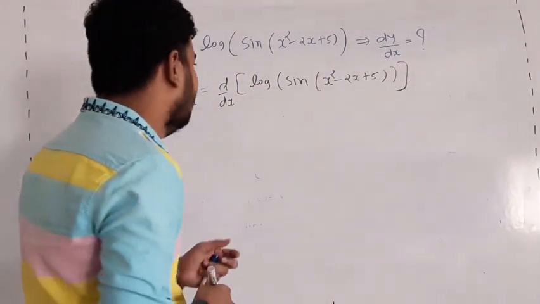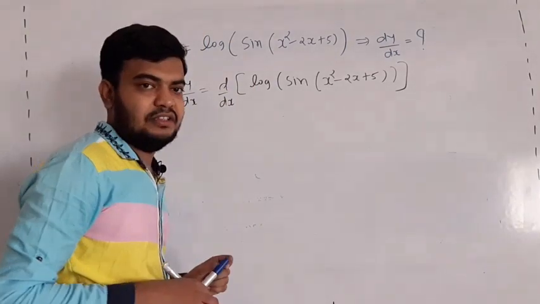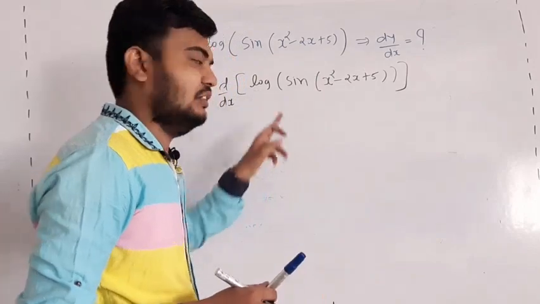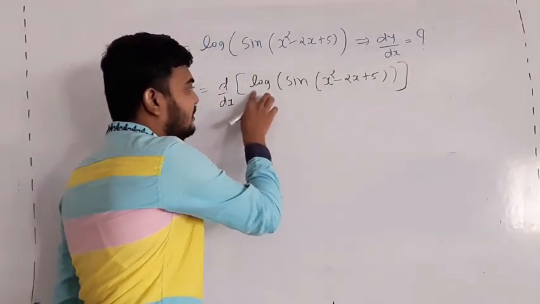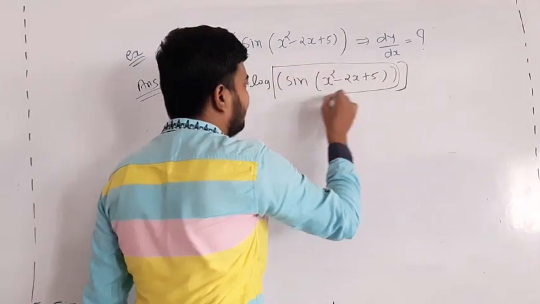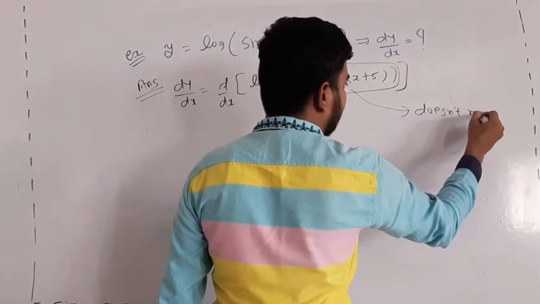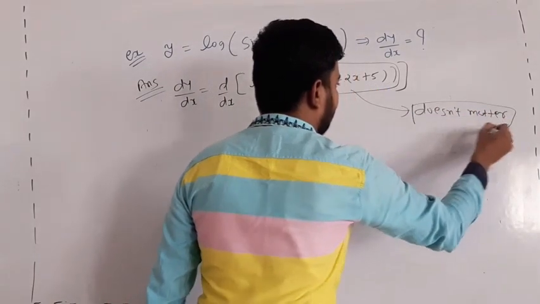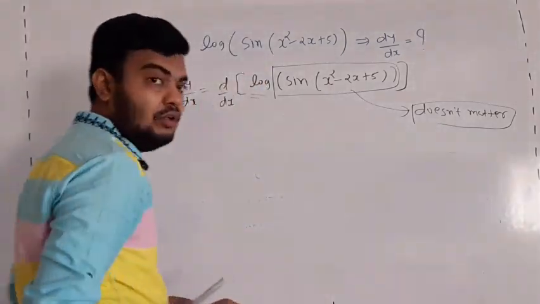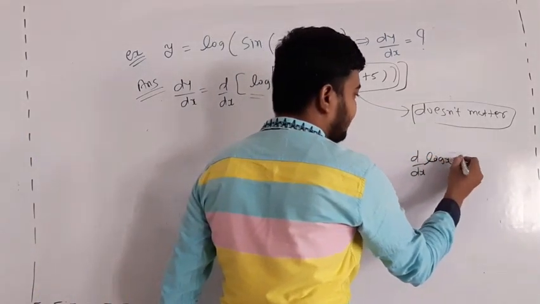and we know that if there is a composite function and we want to differentiate this composite function, then first take the derivative of the outermost function. So here the outermost function is logarithm. Okay, here what the function is doesn't matter, we just see the outermost function. Okay beta, so the outermost function is logarithm. So we know that d by dx of log x is equal to 1 by x.